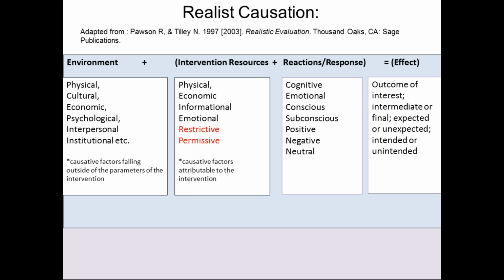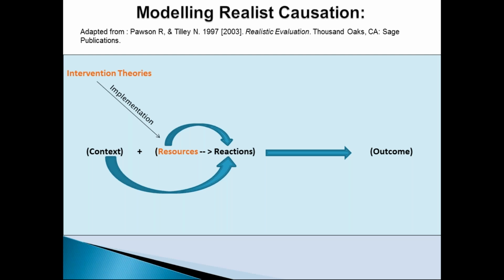So this is a bit of a recap from the last session, and this is introductory stuff that I've presented many times and have other videos on. But this is something that I want to present to you, something that I haven't really presented before. This is adapted from Pawson and Tilley. So we're taking this idea of context plus mechanism equals outcome. That was their equation, which I think is brilliant. I really like it. And here, what I'm doing is I'm just re-articulating that in a different way.